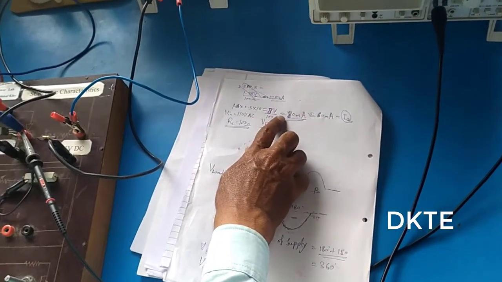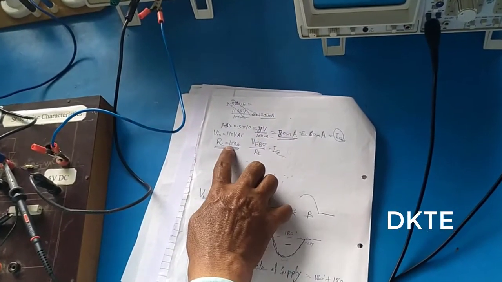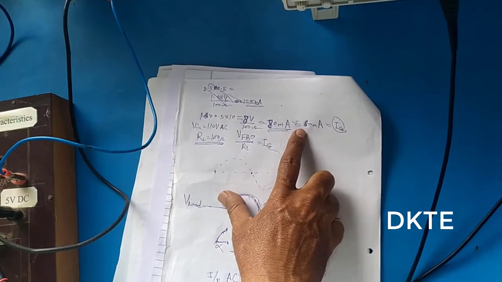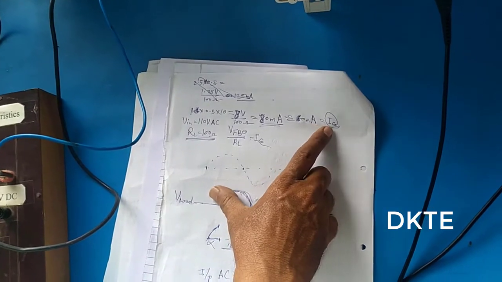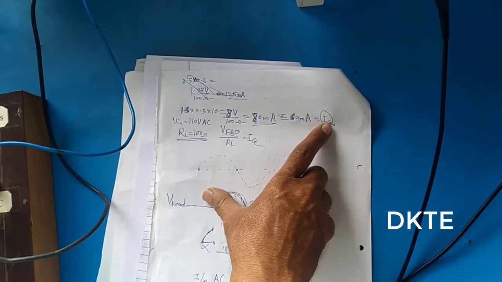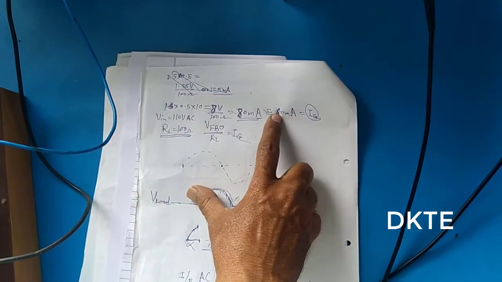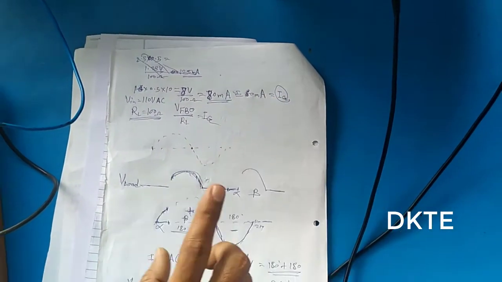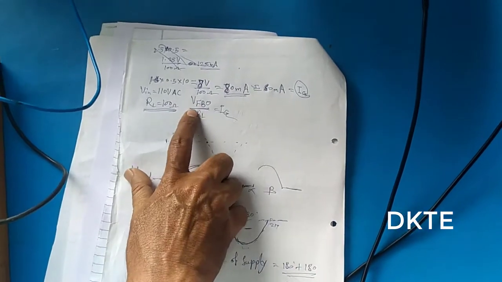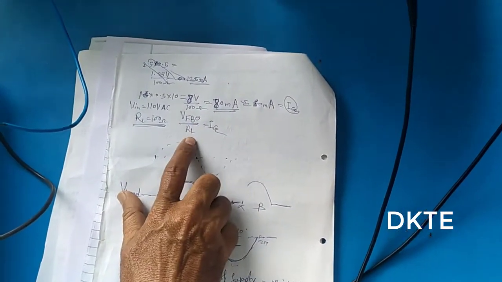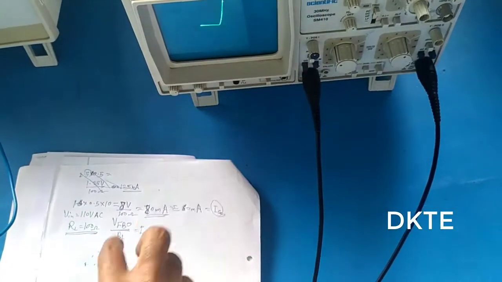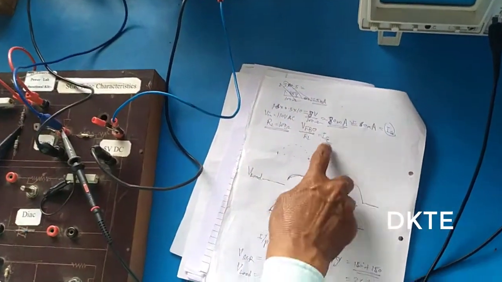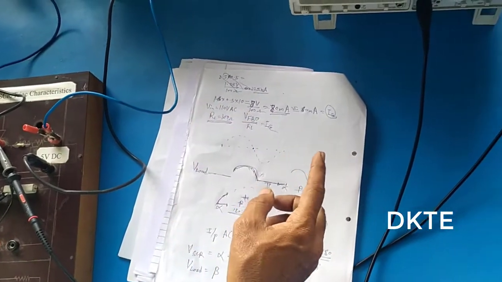that is 8 volt, and 8 volt upon the load resistance 100 ohm is equal to 80 milliampere. 80 milliampere is approximately equal to the 60 milliampere Ig, that is the gate current of the SCR TYN612 series. This is the Ig, that is Ig is equal to forward breakover voltage upon RL, that is the 100 ohm load resistance. This is the Ig, and then you can observe,